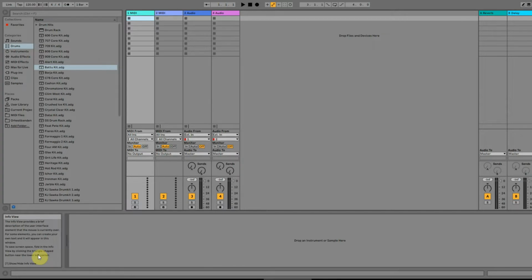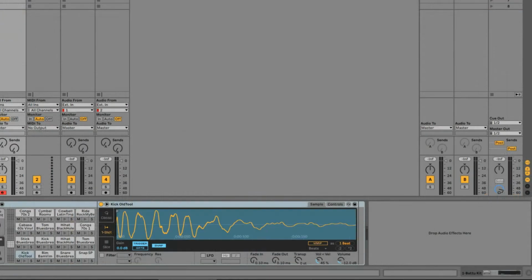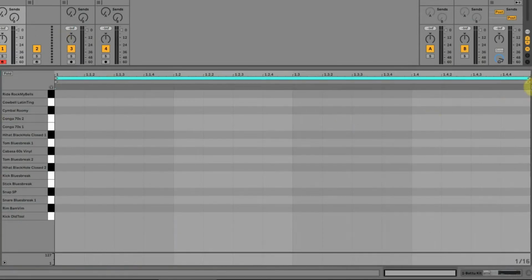So we start with an empty Ableton Live. Open the drums and drag the Batu kit to the first MIDI track and double click on the first clip. This will open up the piano roll editor with 1 bar, but I want 2 bars for this beat, so I drag it at the top of the piano roll to measure number 3, so from 1 to 3,